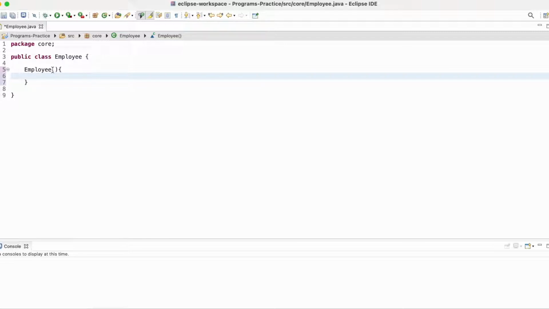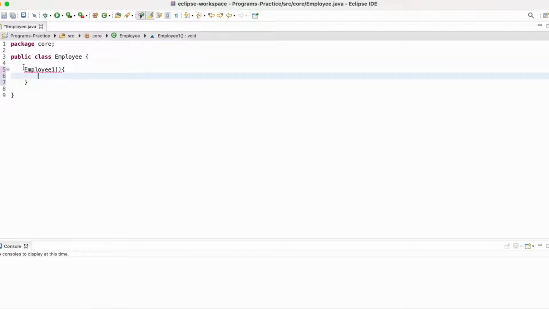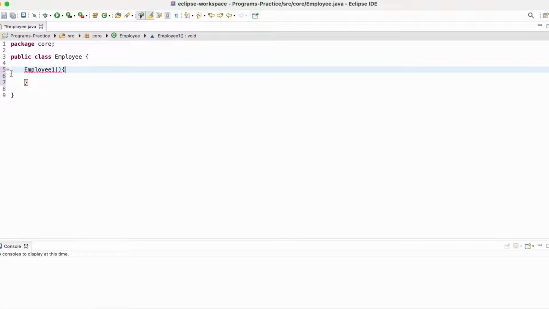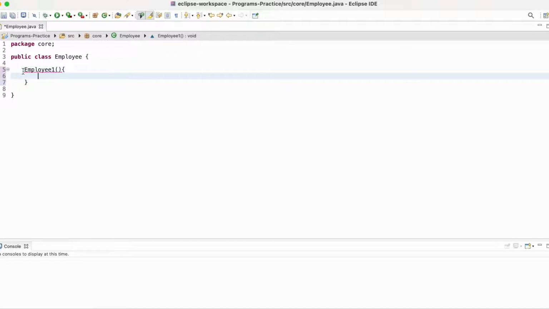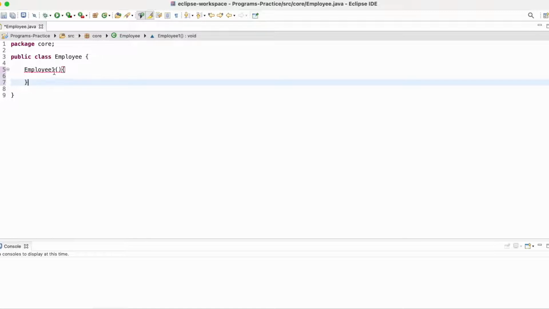If you give a constructor name different from the class name, it will give a compile time error. It is treated as neither a method nor a constructor. If you see here, the error is "return type of a method is missing". It is saying this statement needs a return type. So that means a constructor name should always be the same as the class name,